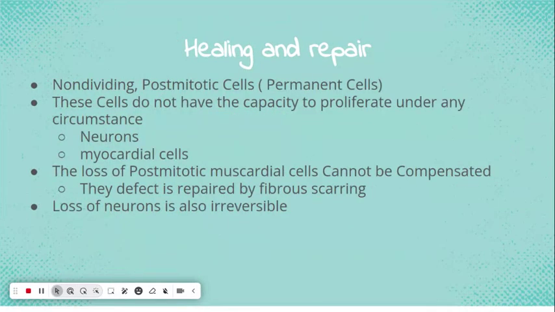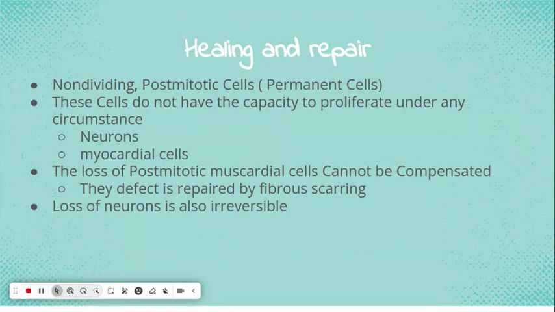Now, our post-mitotic cells, or our permanent cells, will not ever and do not have the capacity to proliferate under any circumstances. And these are going to be our neurons and our myocardial cells. So once a post-mitotic cell is lost, it cannot be compensated for. So we cannot fix it, we cannot repair it. All that's going to happen is we're going to replace it with some fibrous scarring and move on in that